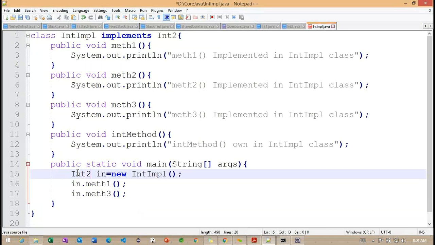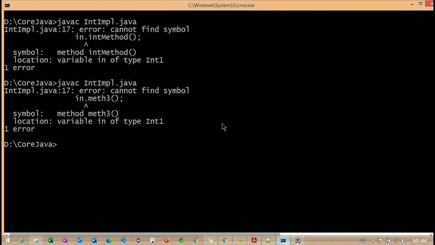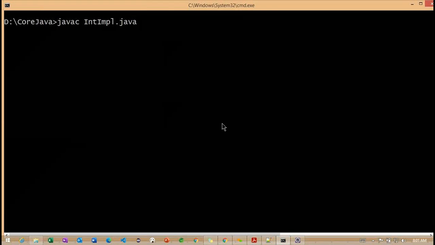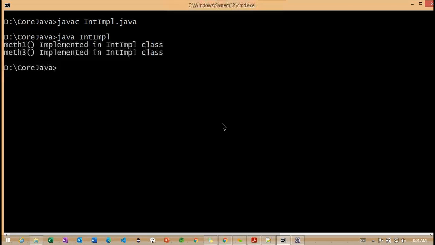Now what we need to understand here: either we can go for int2 to work with this particular example, and it compiled successfully. These two are implemented in our int impl class.